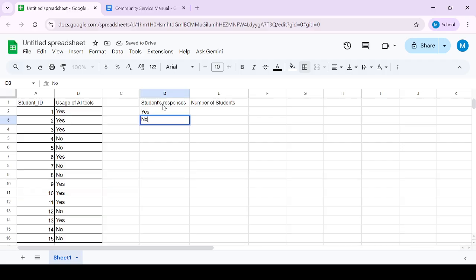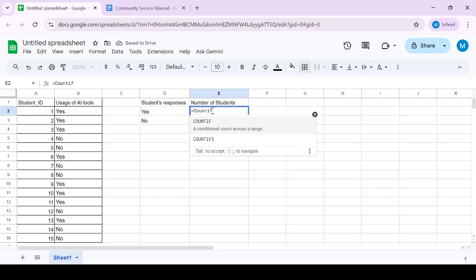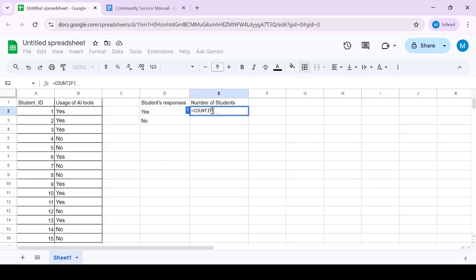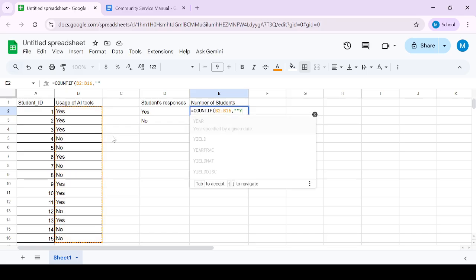So we need to count all the numbers of yes and no's in the usage of AI tools, but we don't need to count it manually since we can use a function which is COUNTIF and put the range where the data is given. So for example, here is B2 until B16, and here yes,